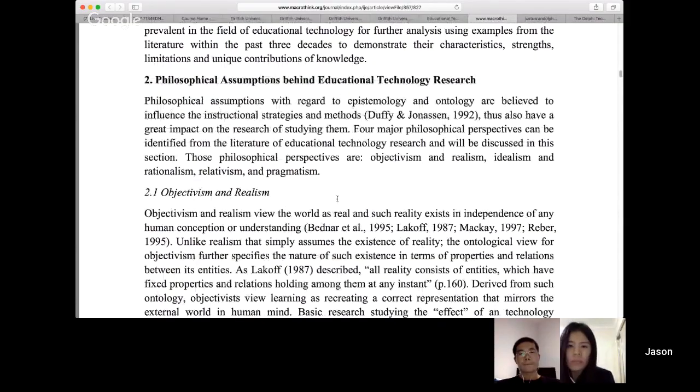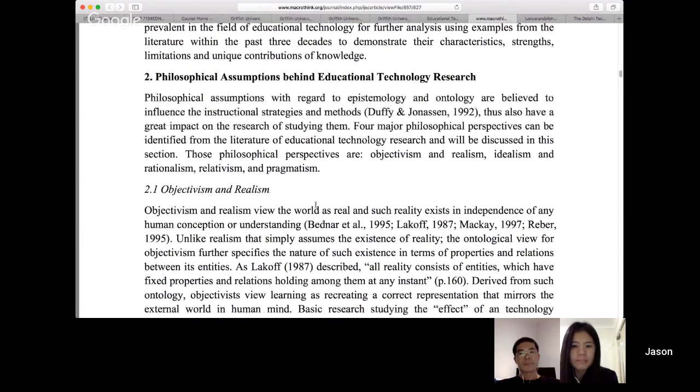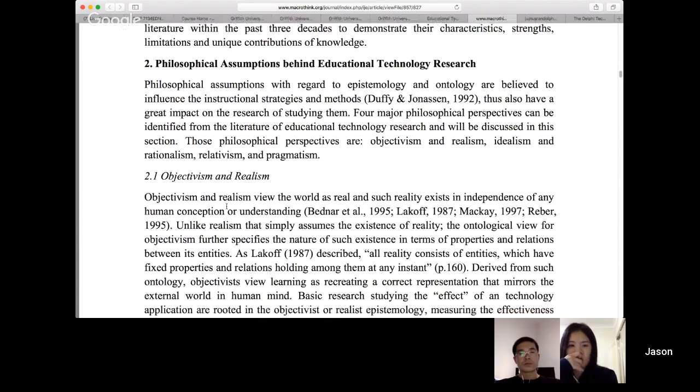Yep. So it's really getting into the philosophical aspects of what we're looking at and how we actually view the world. So whether you've got an objective or a realist view is the first dichotomy that is explored.